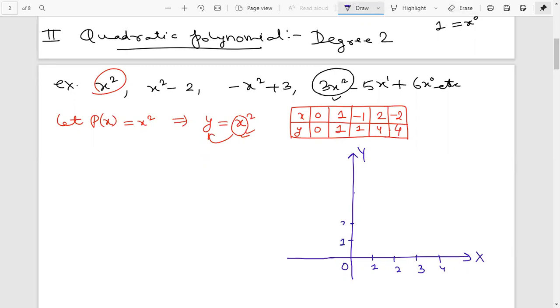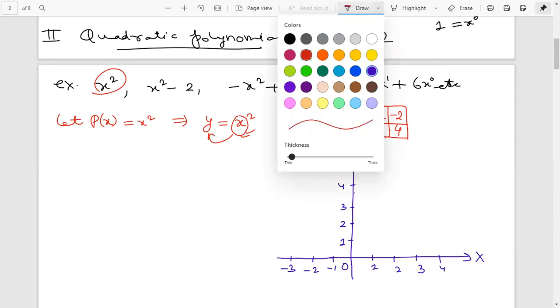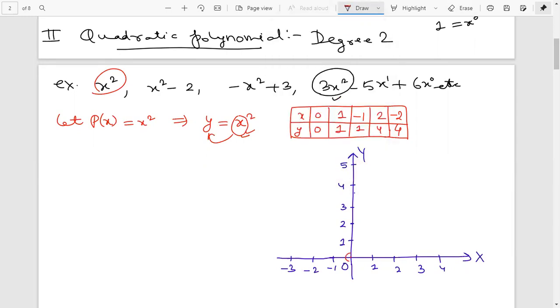1, equal spacing, 2, 3, 4, 5. And here also minus 1, minus 2, minus 3, again with equal spacing. Now the first point is 0, 0. So 0, 0 will be here, x is 0, y is also 0, meaning at the origin. Now we have the next point 1, 1. So 1, 1 will be at this position. We'll put a point for the exact position and then circle it. Then minus 1, 1 here.